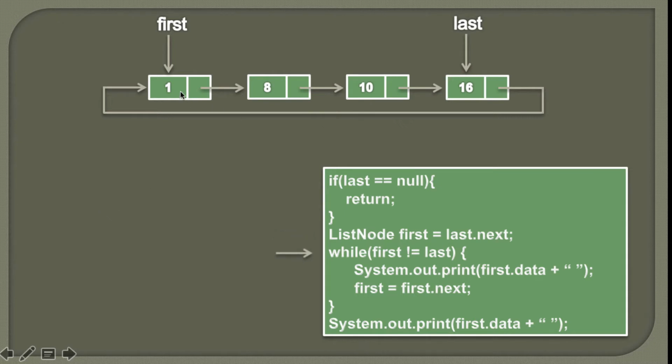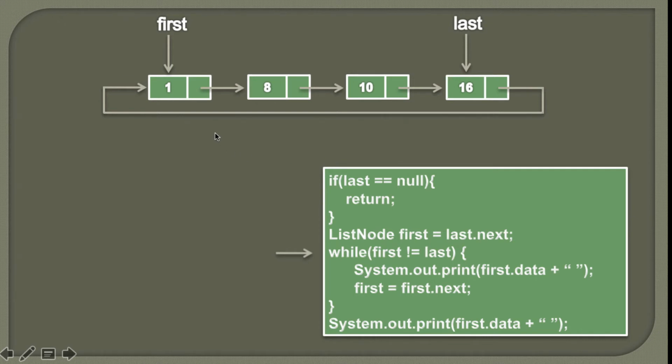So friends, we know that a circular singly linked list is circular in nature, where the first node points to the second, the second points to the third, the third points to the fourth, and the fourth points to the first again. So we need to provide a while loop to traverse each and every node, and we need to take special care while placing the condition in the while loop, because if we place a wrong condition, then as it is circular in nature, the while loop may enter into an infinite loop.